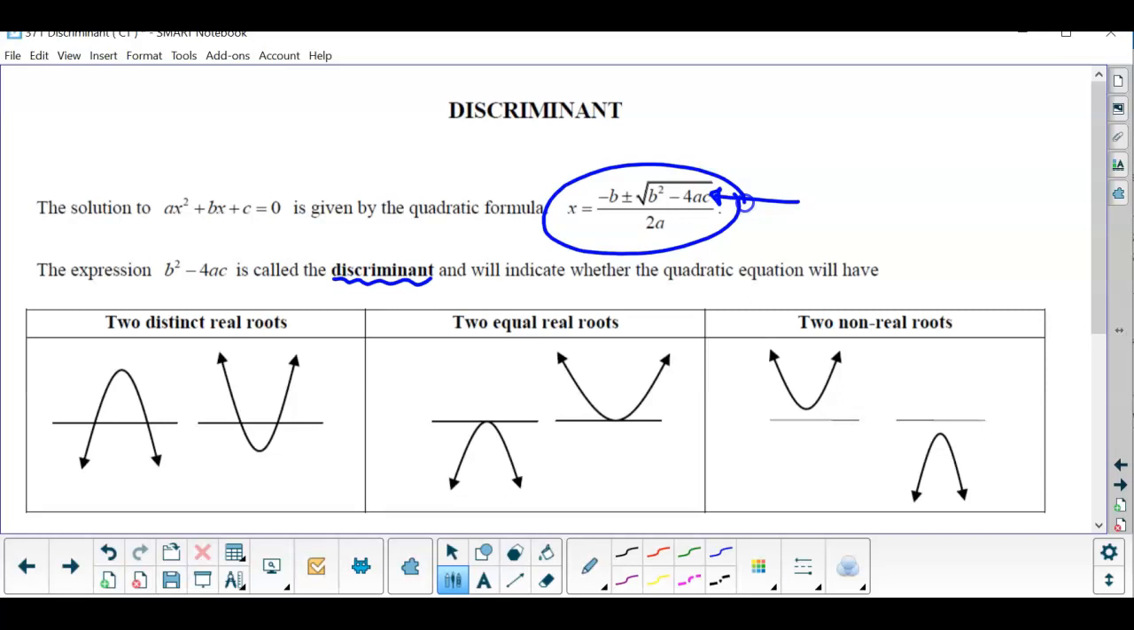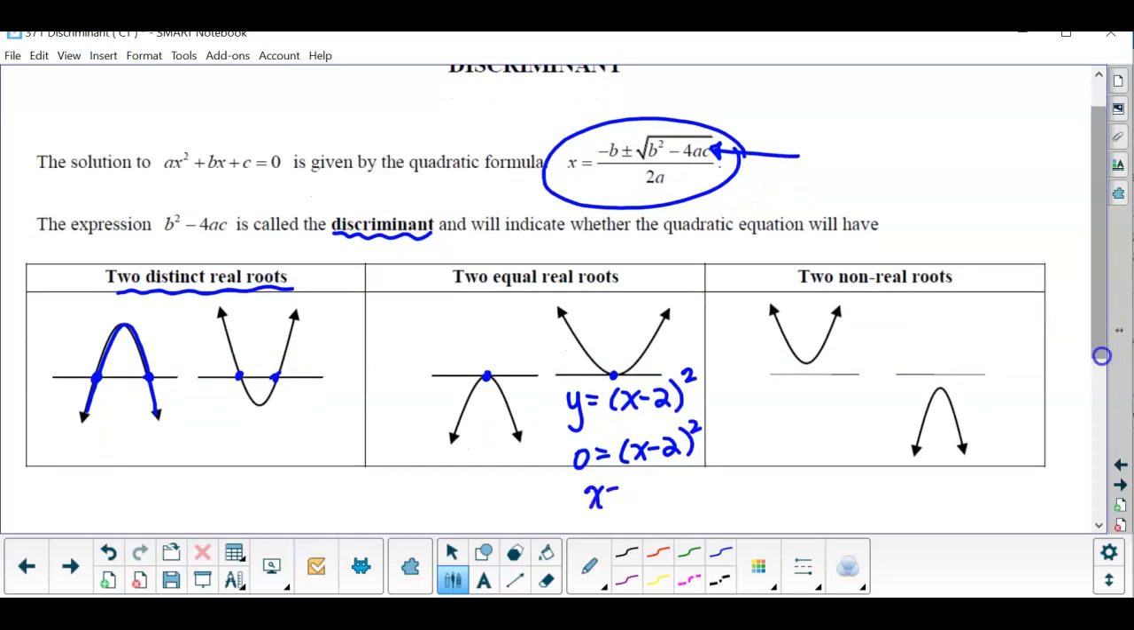We'll either have two distinct real roots. That's if we graph the corresponding function, it touches twice. So there are two examples there. If we graph the corresponding function and it just touches once, really what's happening there is we have a function with a multiplicity of 2. So the equation, when we solve it, would have one solution. But sometimes we will talk about it as having two equal real roots, because then we know that it's a